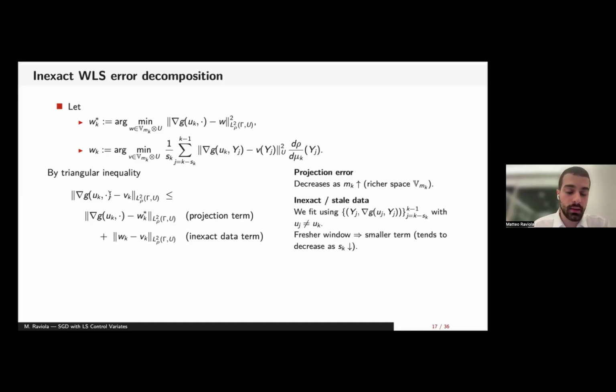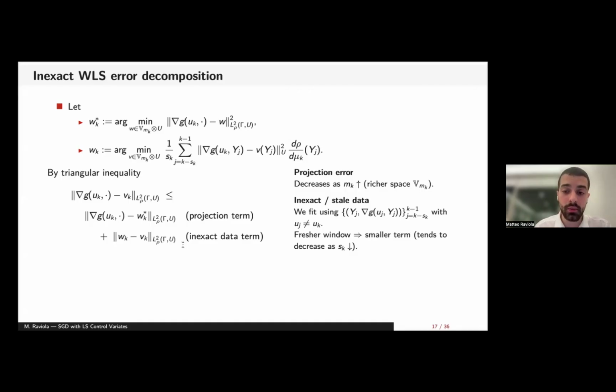Then we have a second term, which is the difference between the two discrete projections, the one with the exact data and the one with the inexact data. And the point is that here we fit with inexact data, so our evaluations are at uj different from uk. This term essentially wants us to keep a small window, because a fresher window leads to less inexact data, right? So this term would like us to take a sample, a memory size,